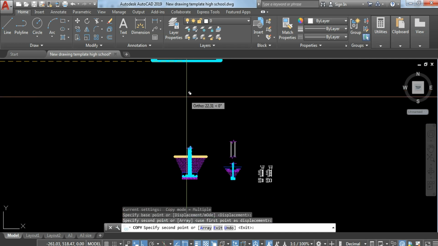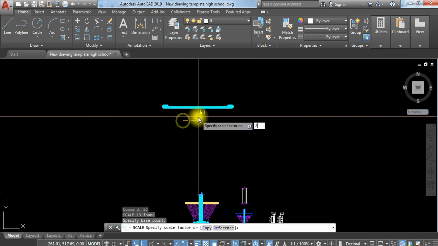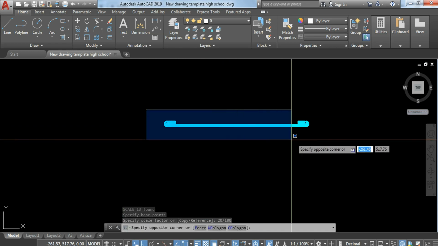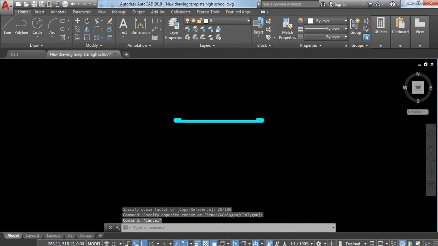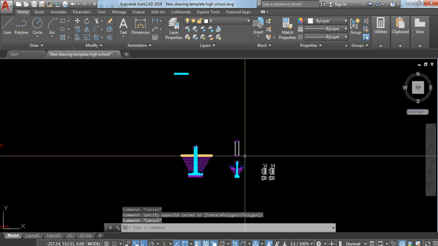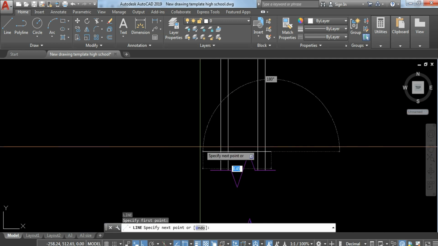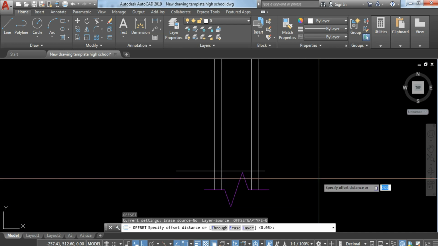Let's scale this one again into 1:100. SC, 20/100. Okay. So, now that they're already here, copy, i-move na lang natin ito siya. Or, simply just copy this one or create a line first here. Dito, let's say that the line is here, and then we're going to offset for every commonly sa mga wall